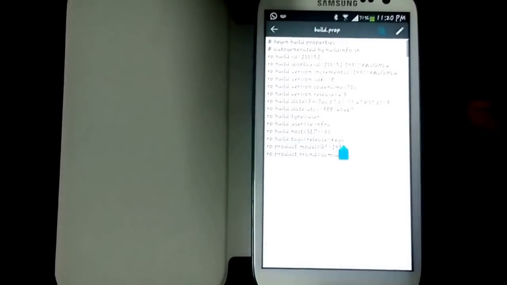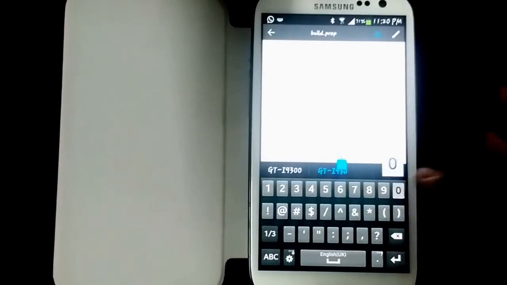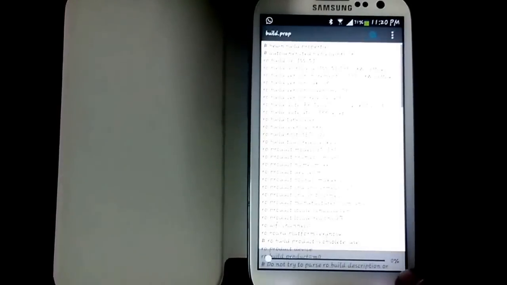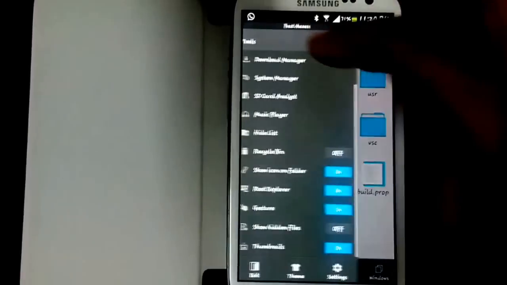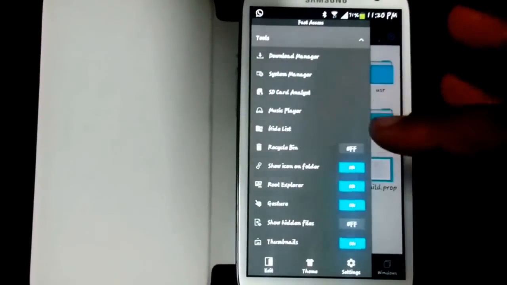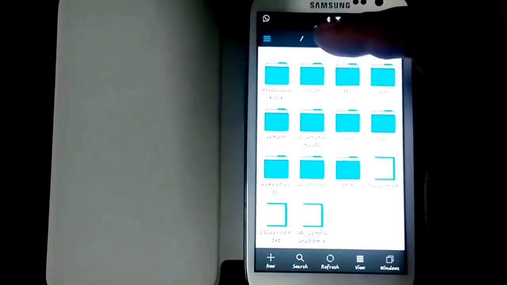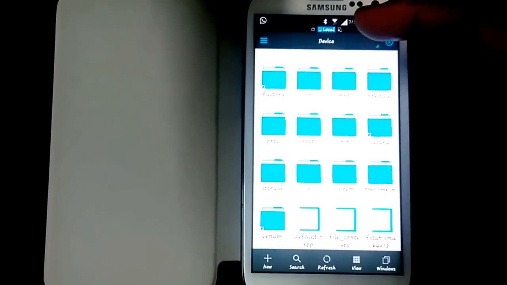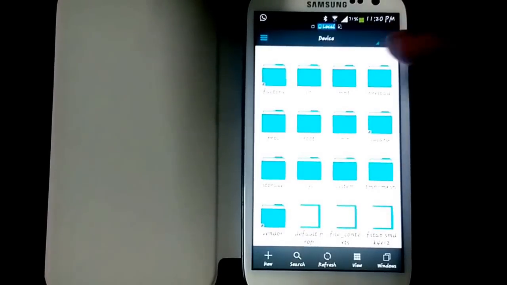So this is how you can actually edit the system files via the Root Explorer option in ES File Explorer. The catch being your device should be rooted. Okay, so I renamed it to its original value. So guys, this is how you can enable the Root Explorer option and edit the system files in ES File Explorer and other such file browsers available, that is file managers or file explorers or file browsers. These are the names that are given to this kind of software.